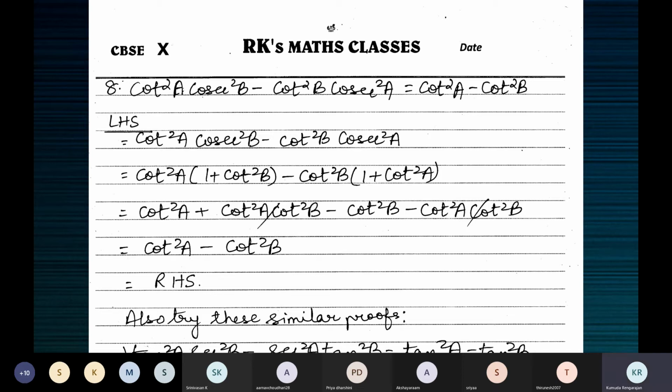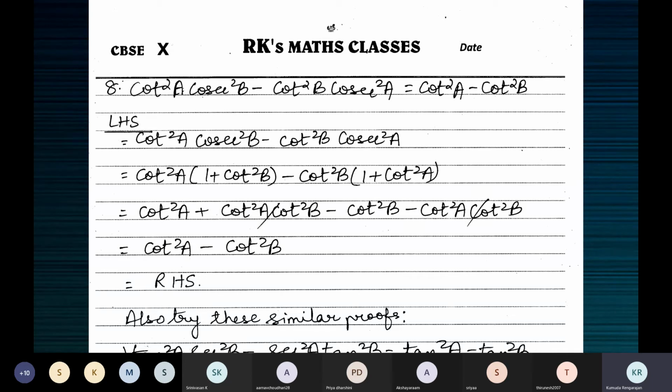So you can see that in the left hand side, we have cot and cosecant, while in the right hand side, we have only cot. So it's very obvious that you have to get rid of cosecant and introduce cot. And since they are connected with an identity, we are not using sine and cos here. We are not introducing sine and cos because cosecant square A and cot square A are already connected by the identity. We normally change the ratios to sine and cos, but we are not going to do that here because cot and cosecant are already related through the identity.